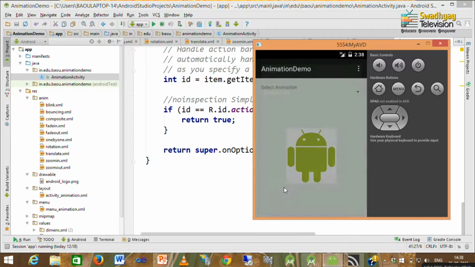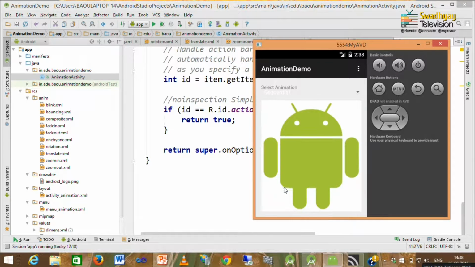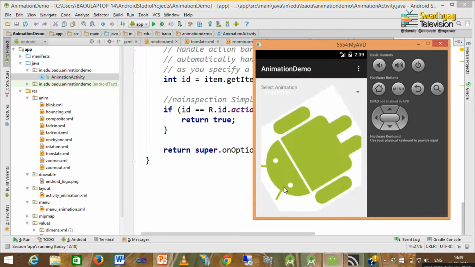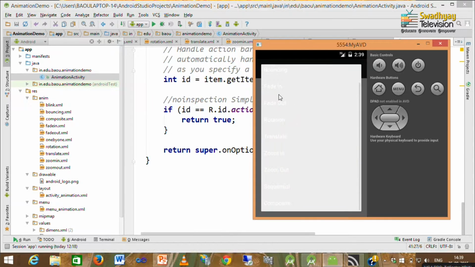Then we have sequential. So, this is first translation, second translation, third translation and finally rotation. This is how we apply 4 animations one by one. Next is a composite animation, where we together implement scale and rotation.